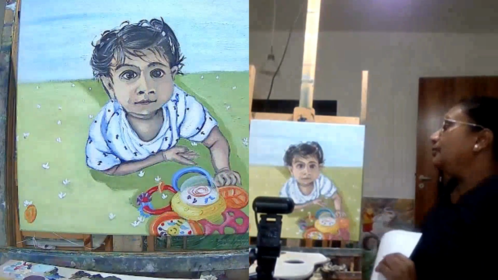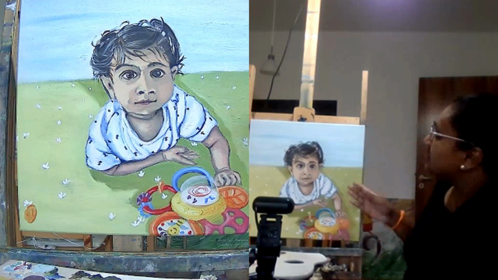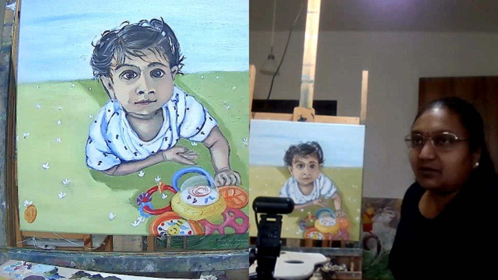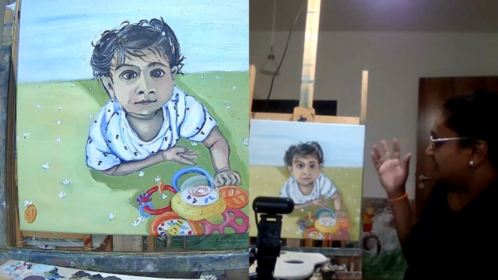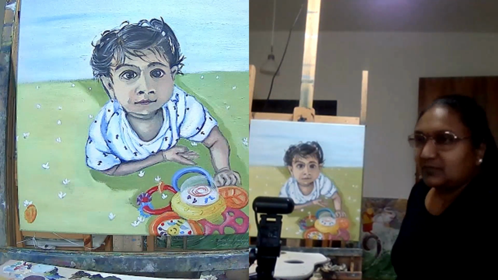We try to do our own imagination, building our own imagination, and doing something like placing the girl outside or outdoors on a bright sunny day in the grass.